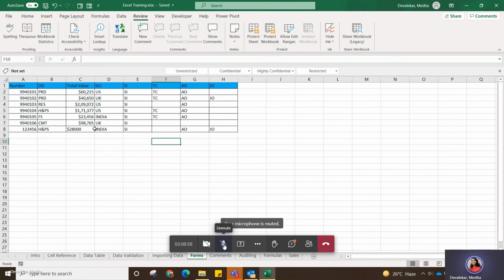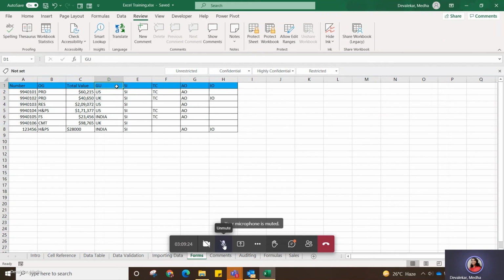Okay, then again we need to add some comments. By seeing this data, we need to understand what AO means, what TC means, what SI means. Then how can you specify to the user what exactly is needed? You can just select a cell.